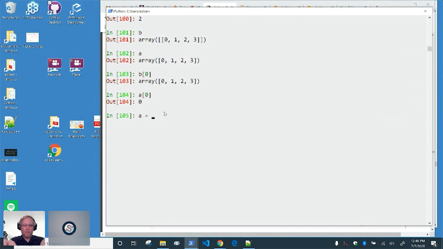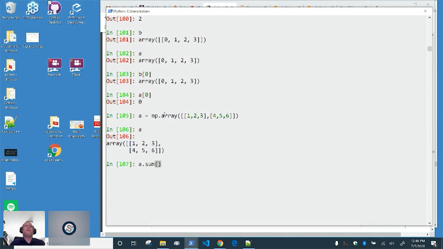So I'm going to create a two-dimensional array. 1, 2, 3, and 4, 5, 6. So essentially 2 rows and 3 columns. And so let's just grab the sum of that. I just do a.sum, and it's going to add up the entire array for me. So that's 21. If I go ahead and do a.sum and specify an axis equals 0,